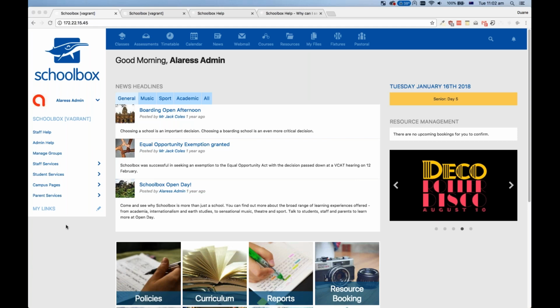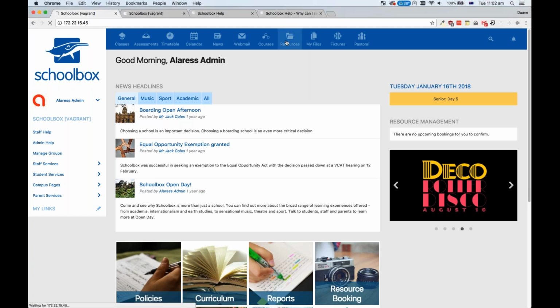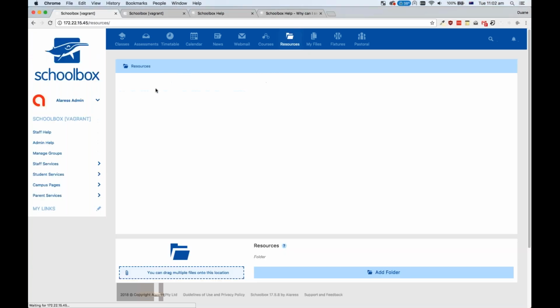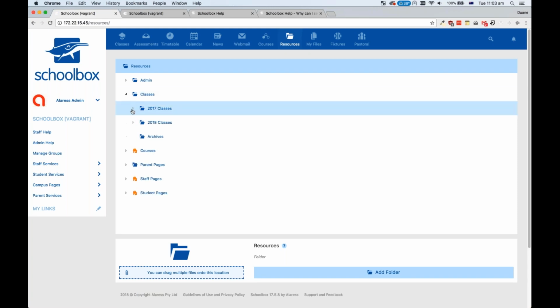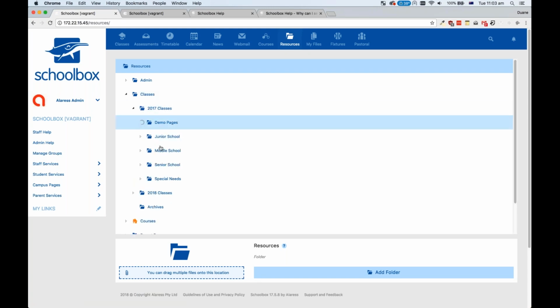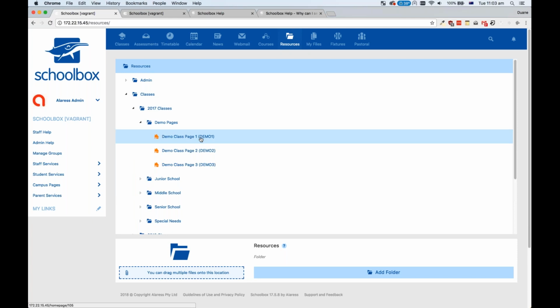So in my instance here of Schoolbox, you will see under my resource browser that I still have current my 2017 classes. Now, the way that I know that they're current is you can see next to the class code a rounded bracket. When there's a rounded bracket next to the class code, this is signifying that this class is active within the system. So what we're going to do as part of this rollover is we're going to archive